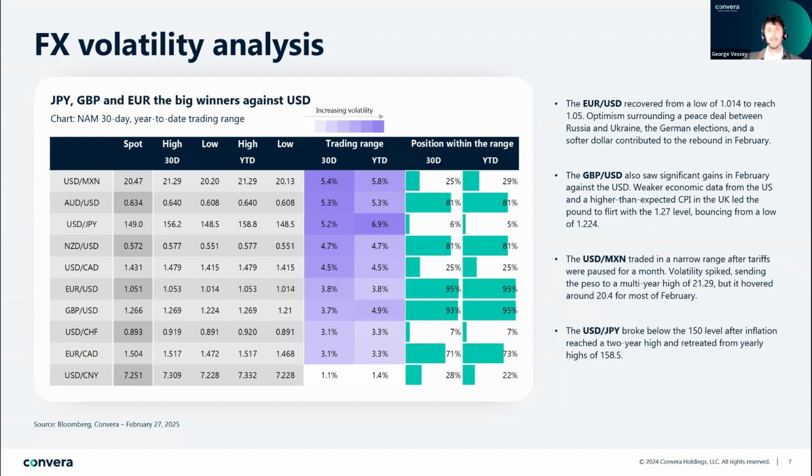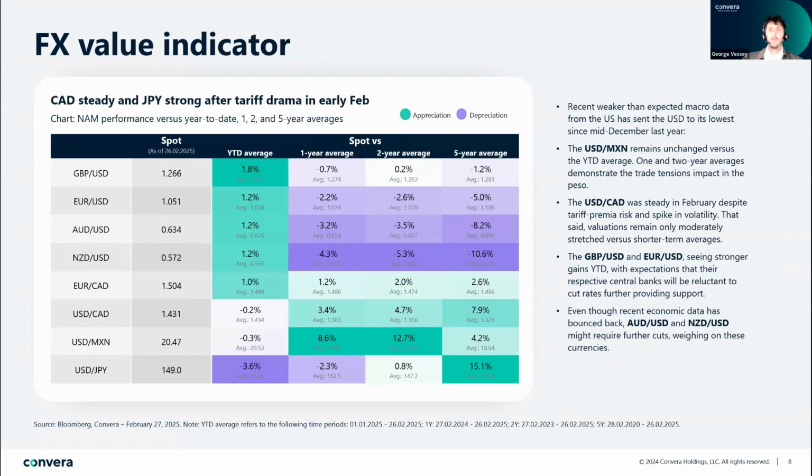So that helped the pound's yield advantage. Plus, as I mentioned, the UK's risk of tariffs from the US is minimal compared to other countries because the UK's got a goods trade surplus with the US, which is quite unique. So it keeps it out of the firing line of Trump's tariff threats, and that's aiding the pound in this tariff-driven environment that we're in. Thus, after appreciating against just 6% of its global peers in January, the pound actually appreciated against 73% of its global peers in February.